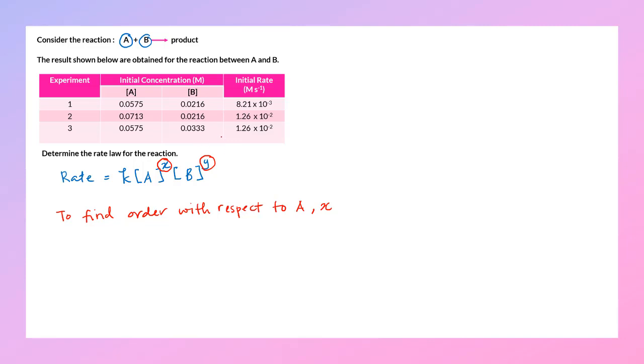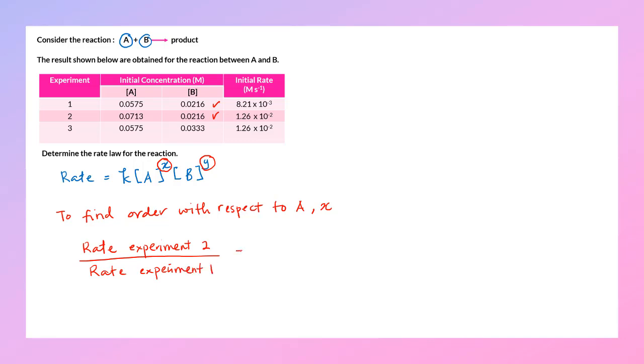So in this case, if I want to determine the order of A, I will choose data from experiment 2 and 1. We are going to compare the rates. So the rate from experiment 2 divided by the rate from experiment 1,